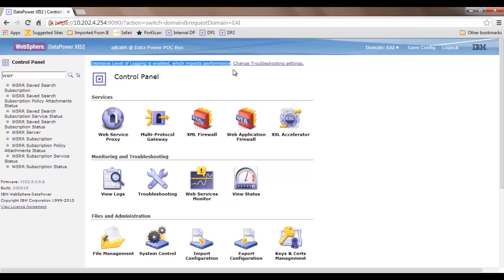This is because on this appliance, since I am using it for testing purposes, I have enabled the logging level as debug. So we will see in another video what the logging level is and how to work with logging, because logging is quite useful when you try to debug things. Since a high level of logging is enabled, DataPower is showing a warning that logging is enabled at a very intensive level, and you can change this by going to troubleshooting settings. We will see how to do that, but right now this is a development environment, so I keep it